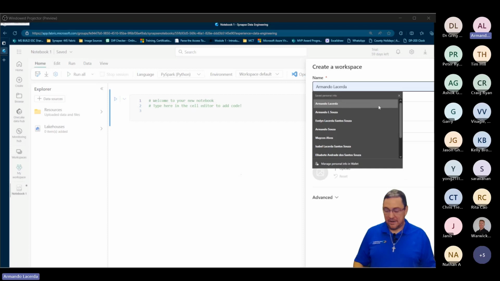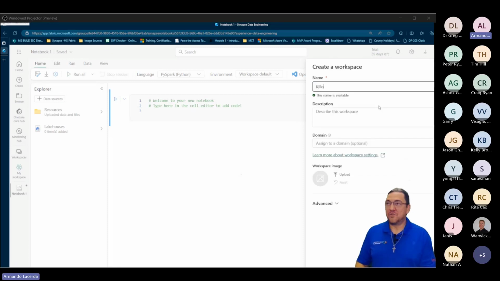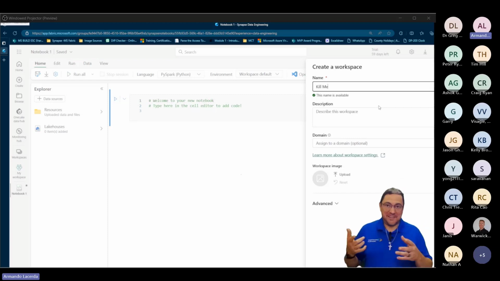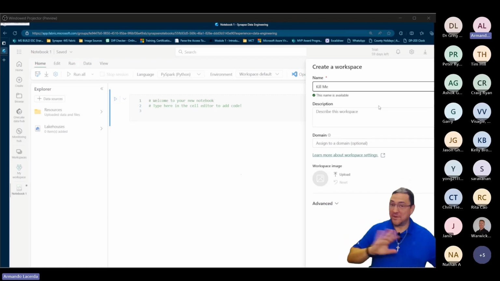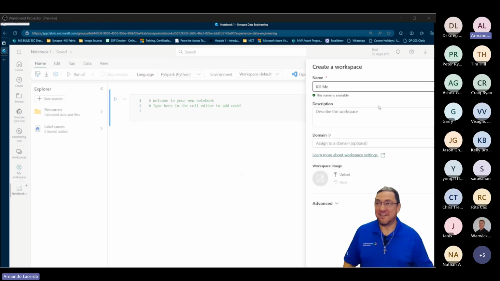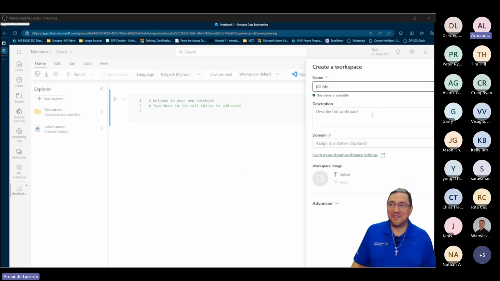So here we go, we're going to create one here. I have this weird name that I like to use, Kill Me, because later, after presenting, I go around and say, whatever is Kill Me, I know was just for the presentation, I can go delete it. It's kind of a weird name. People told me already to come up with something new. I will someday, but not right now. Yeah, so I'm going to create.